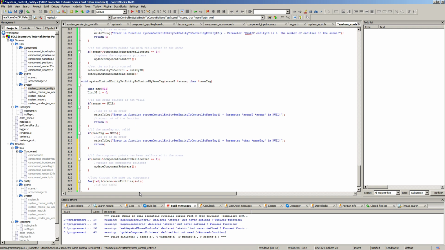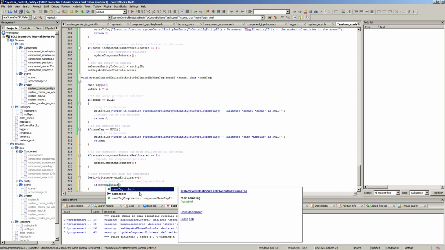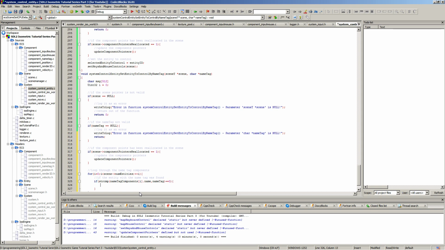If the entity with the name tag was found, name tag components, we take the I for that, and the name, and we compare it to the name tag. If it's found, we will set the index for the selected entity to the index